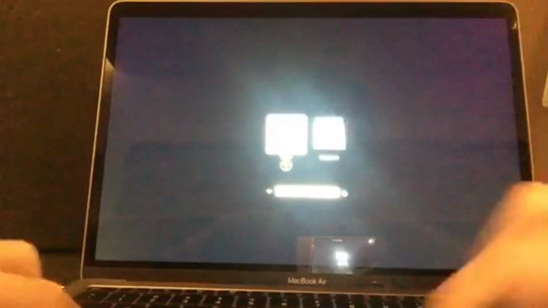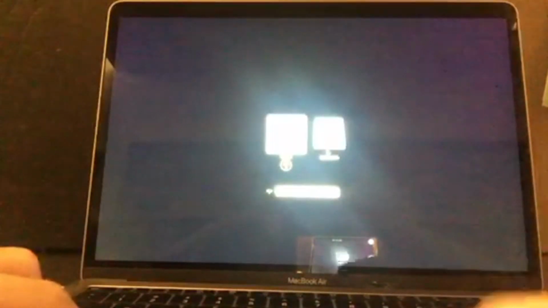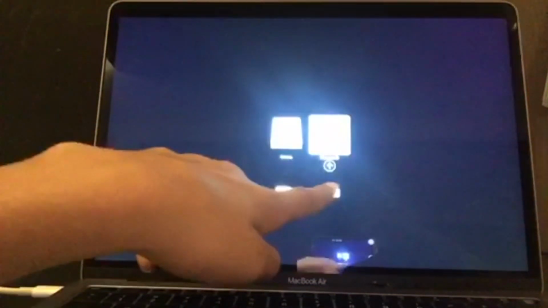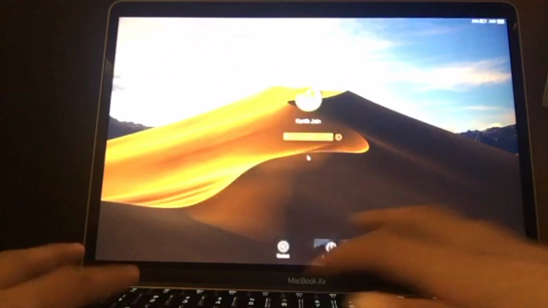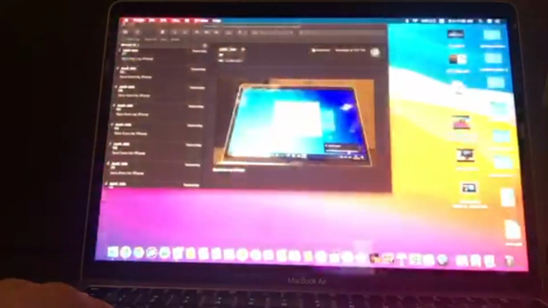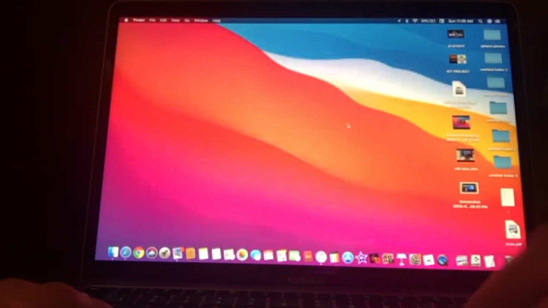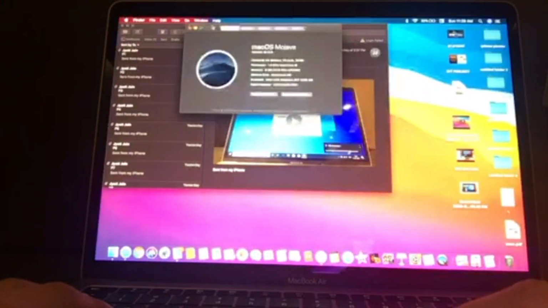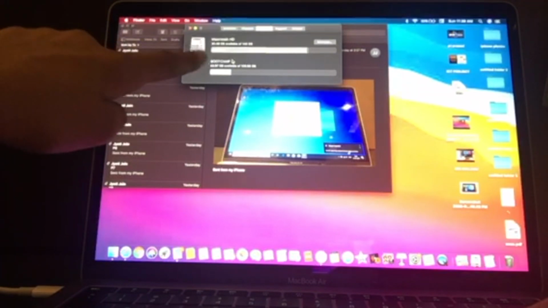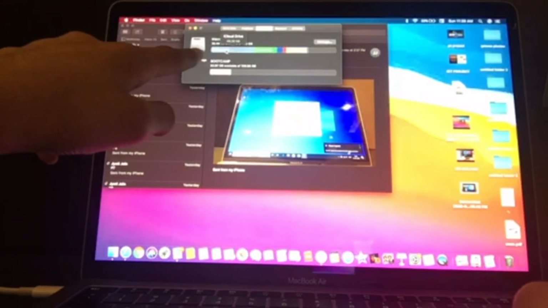There are 2 disks, one Macintosh and one Windows. If you want to go to Windows, then click on the Windows disk. If you want to go to Macintosh, you click on the Macintosh disk. Welcome back to your Macintosh setup. And now when you open your Mac storage, you will be able to see that your one disk has been divided into 2, and one disk is Macintosh and one is Bootcamp.